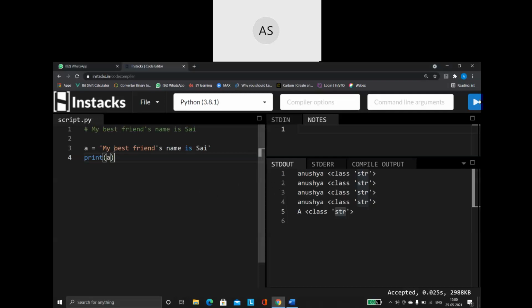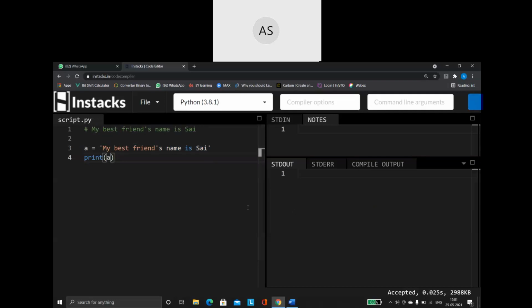Now, can you see what is happening here? Do you see the color differences here? I have started with a single quotation. Then I'm saying my best friend's, so friend, apostrophe s. For the apostrophe also, we use the same quotation as we are starting our string with. So what is my interpreter going to think here? This is a string opening. This apostrophe, it will take it as a string closing. The string is opening here, the string is closed here. Now, what are the rest of these characters doing? So it is going to throw a syntax error.